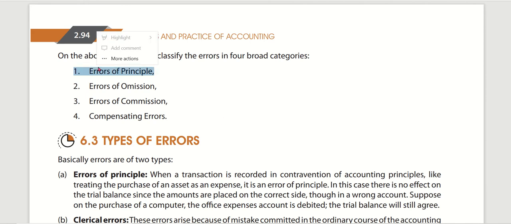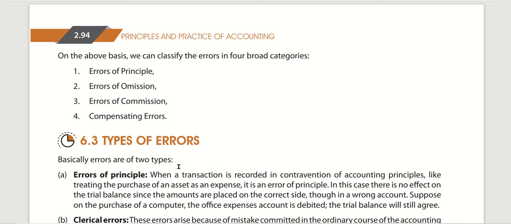So you have these errors of principle, and there is a paragraph given in your study material explaining it. So we are just going to briefly discuss errors of principle to help you understand it better so that you don't make any mistakes with regard to errors of principle in your foundation examinations. Now,